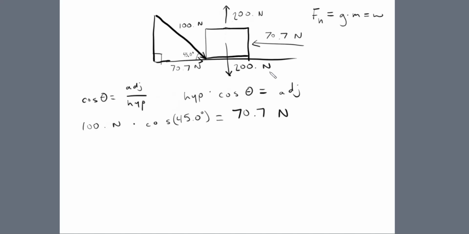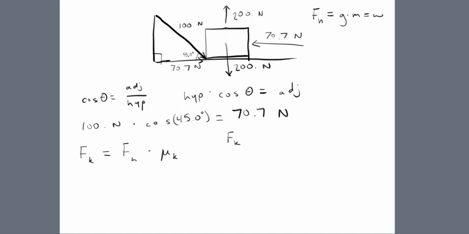Now, what we want to find is the coefficient of kinetic friction. If you remember the equation for kinetic friction, which I'm going to write F sub k is equal to the force normal, F sub n, multiplied by the coefficient of kinetic friction. Now this is what we want to find. So in order to single this out, we're going to yet again solve for this. To do so, we divide both sides by the force normal,